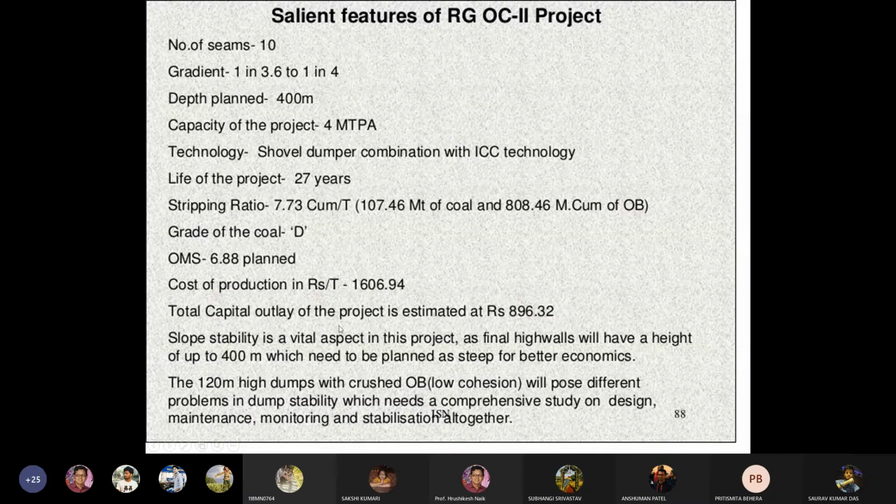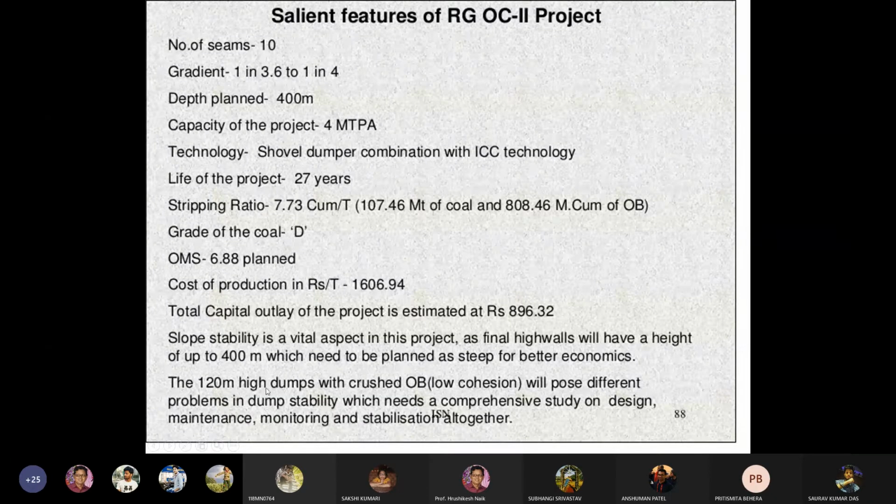Total capital outlay of the project is estimated at 896.32. Slope stability is a vital aspect in this project, as final high walls will have a height of up to 400 meters, which need to be planned as steep for better economics.